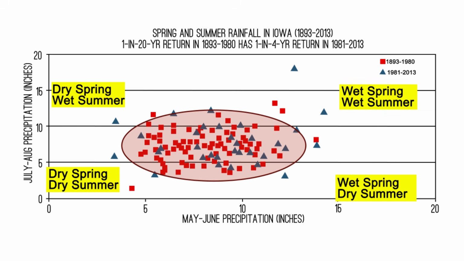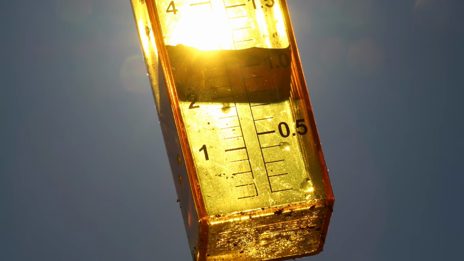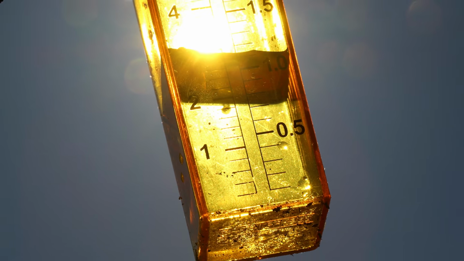But the interesting thing is, if you look at where the last 5 growing seasons fall on this chart, look at the different growing seasons. 2010, 2011, 2012, of course, the drought, 2013, 2014. Then, of course, where do you think 2015 is going to fall? Way up in the upper right quadrant. Here's really the take home of this chart. What we think is normal is now abnormal, and the new normal is abnormal as it relates to rainfall and